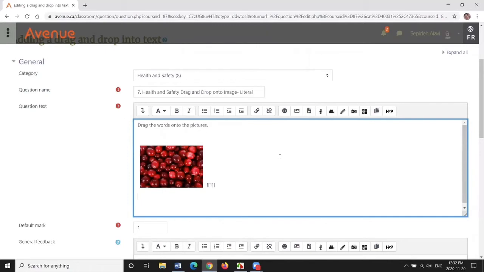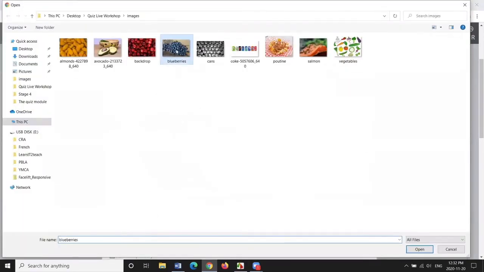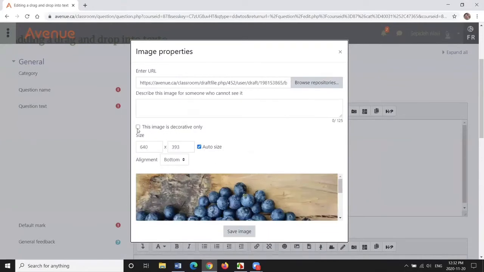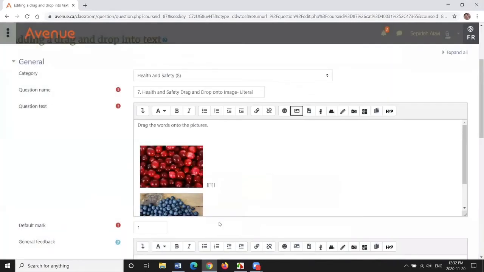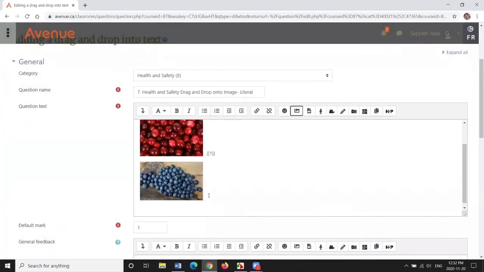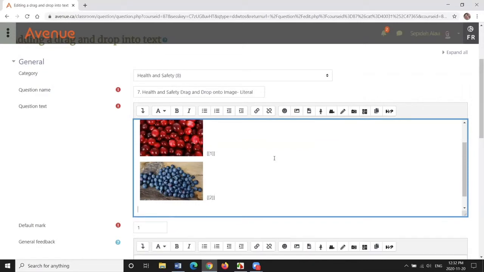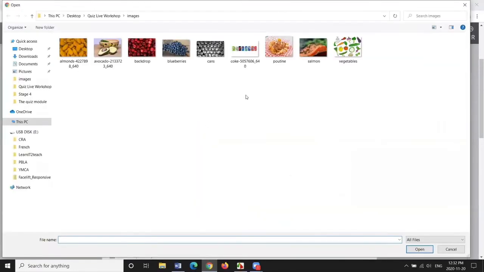And then I add another picture. So from the same folder, the next one. Make sure you tick this, because if you don't, the program will not accept the picture. So resize this the same as the one we had before and save your image. So you see the second image is resized. You can add your second blank, blank number 2. So we can add a third picture. Browse, choose your file, go here,